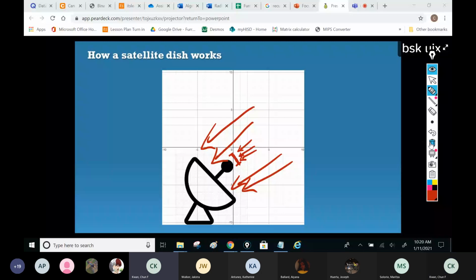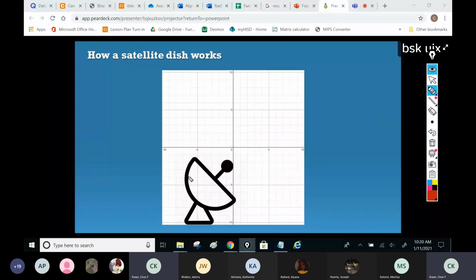So to solve this problem, people will put a dish right here. We'll put a dish that is shaped like a ball, like this. So now you have a bigger surface area to catch whatever signals or waves that you want to catch. And if you pay attention, you are going from here to here.